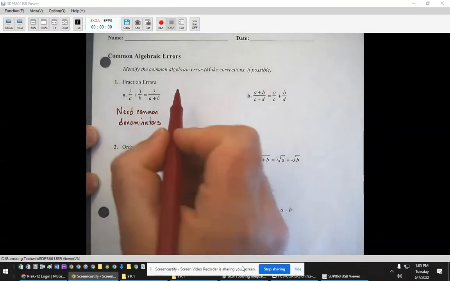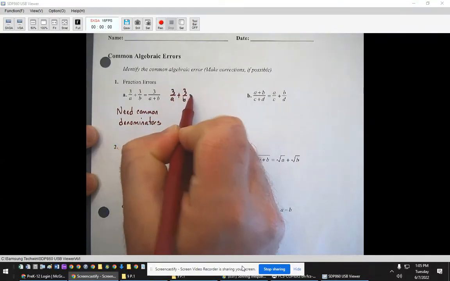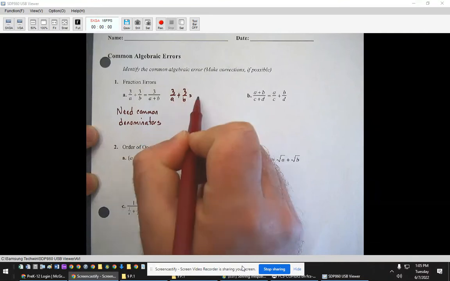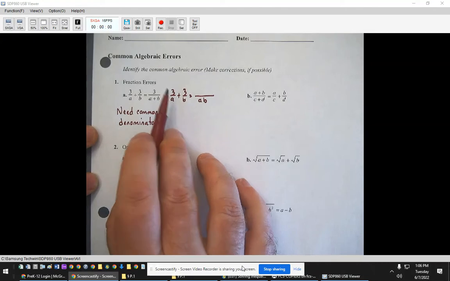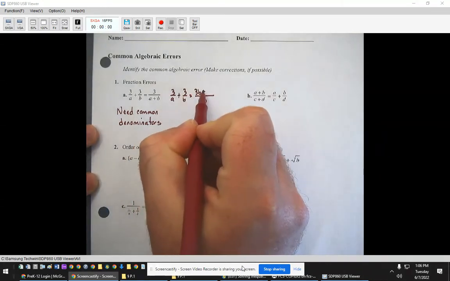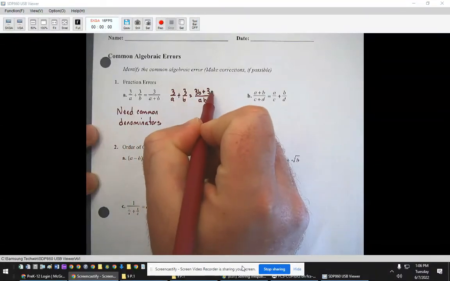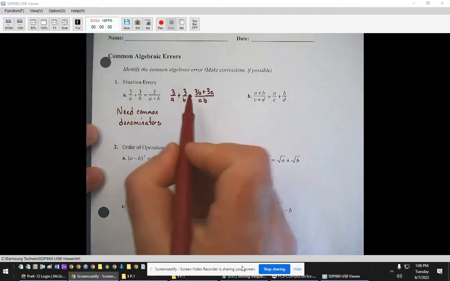So what we can do, 3 over a plus 3 over b would be equal to, my common denominator would be a and b. So I need an a and I need a b from both denominators. This already has the a, so it needs a b, so I'd have to times that 3 by b. I'd have to times this 3 by a. This does simplify in this case, but even from here, I still can't cancel